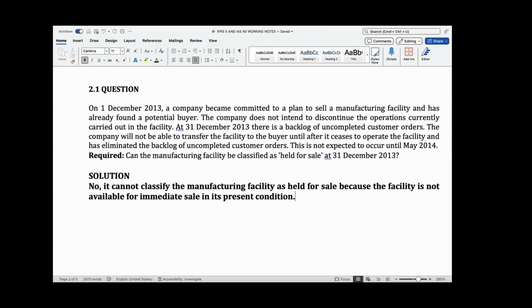So we cannot classify it as held for sale because it is not available for immediate sale. Because as at December, there's still a backlog of uncompleted